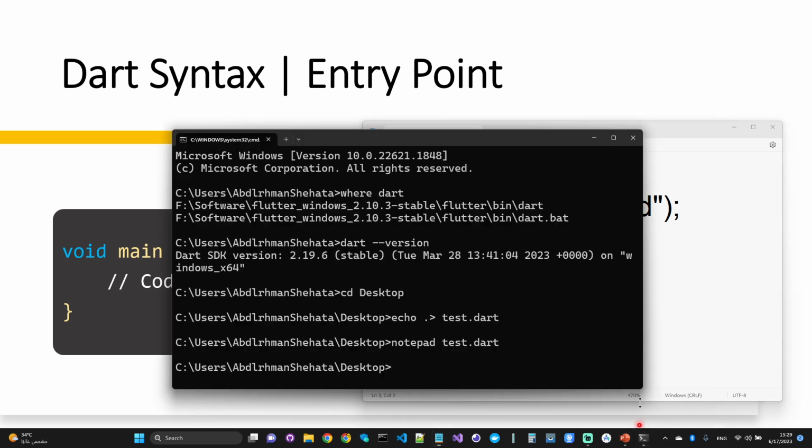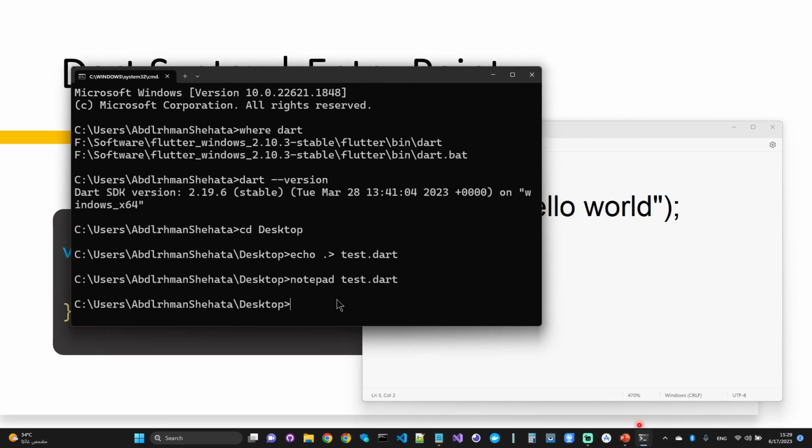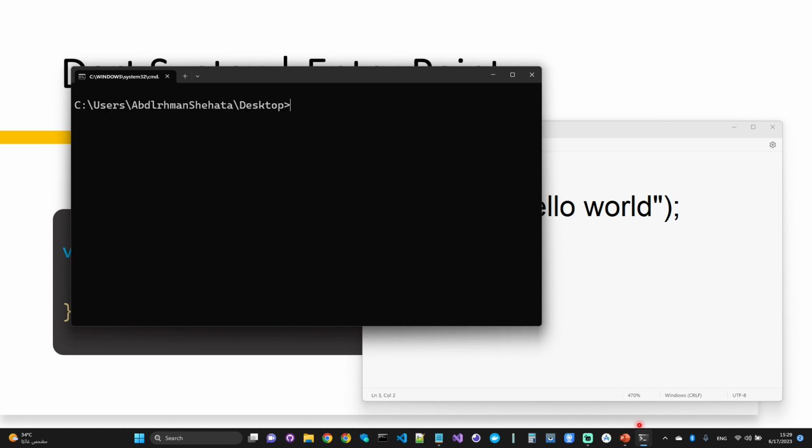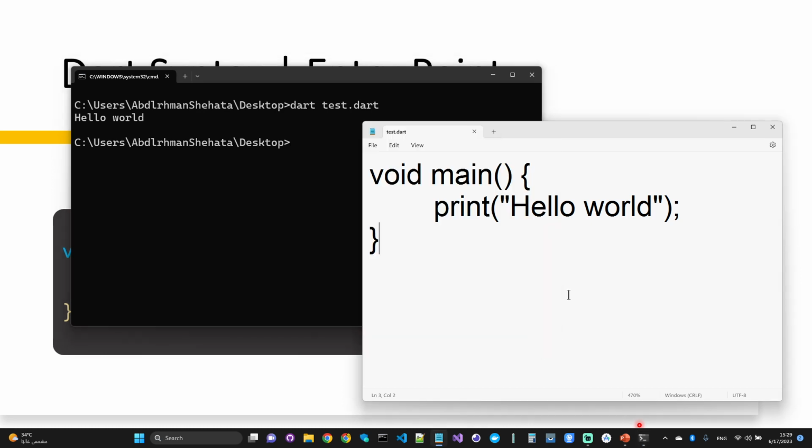Right now, what I just want you to do is get back to your CMD again and make sure that you are in the same directory where this test.dart file exists, and then simply run the command dart space and then give the name of the file, which is test.dart, and then hit enter, and here we go. Congratulations, this is your first Dart program that you write. It's a very simple program that prints something to the console,